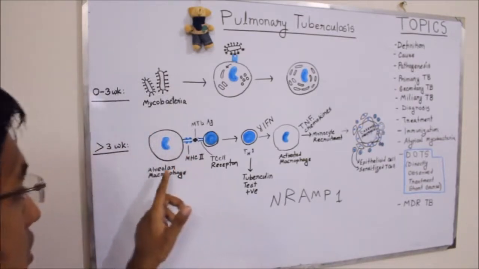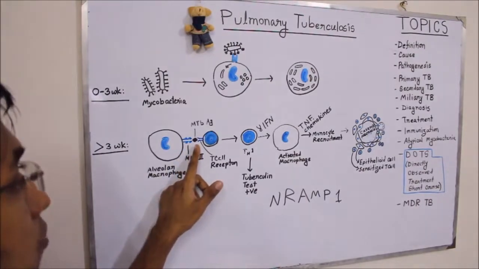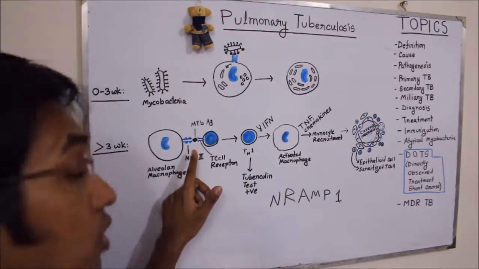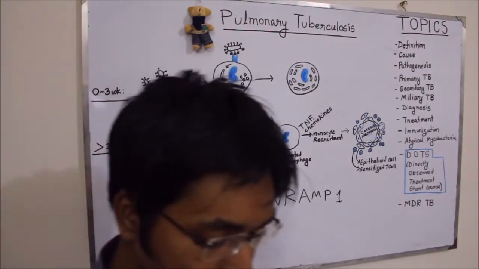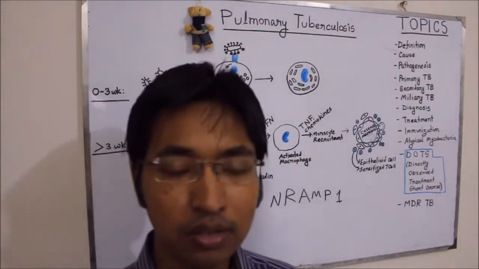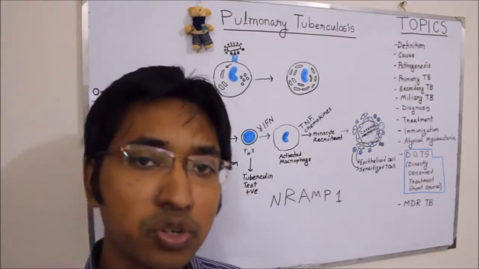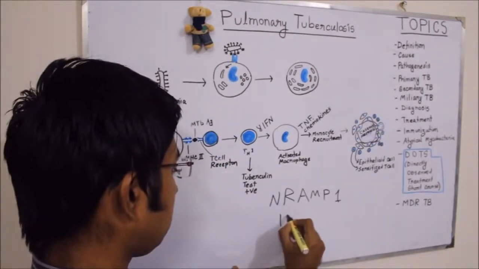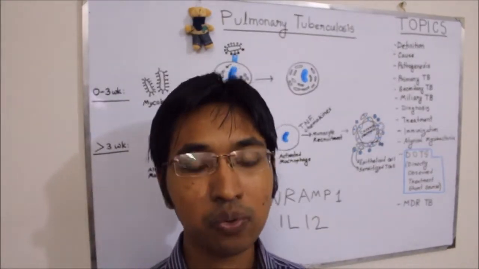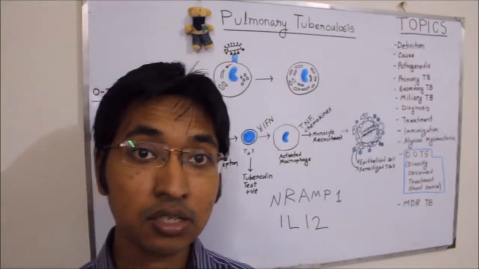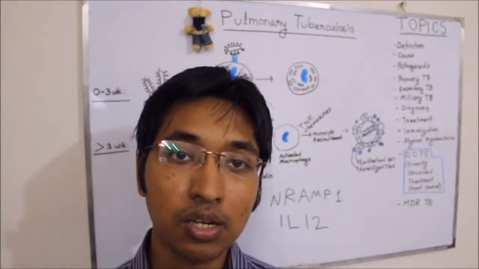Okay, so you can see this is alveolar macrophage. This is the MHC class 2 molecule. This is the Mycobacterium tuberculosis antigen, and this is the T cell receptor, and this is the T cell. Then what will happen? Then the T cell will differentiate into T helper 1 cell. Now, one thing you have to remember, interleukin 12 is needed for T helper 1 cell differentiation, and interleukin 12 is produced by the cells which encounter the